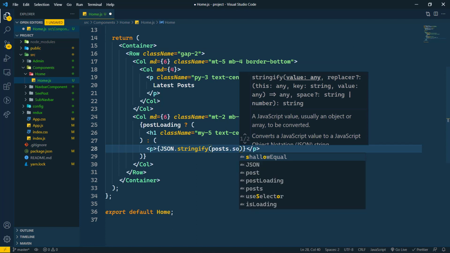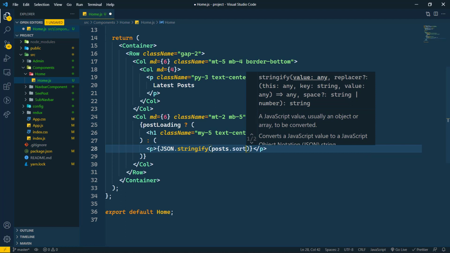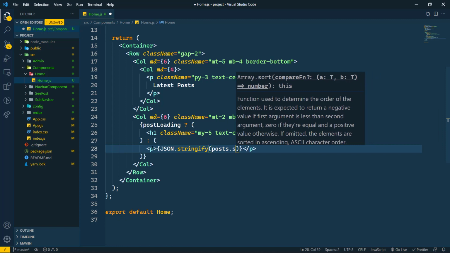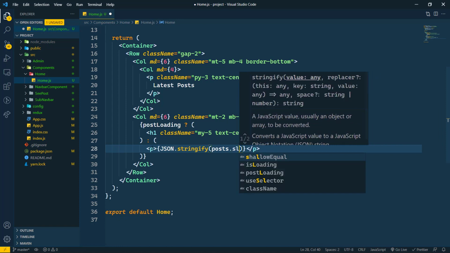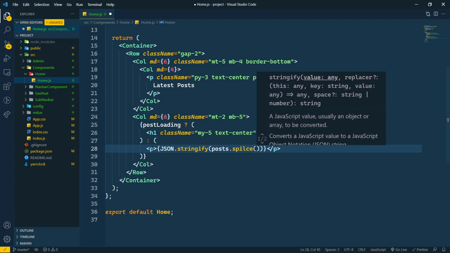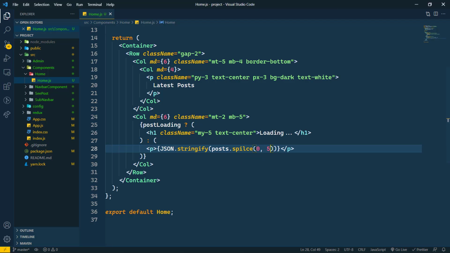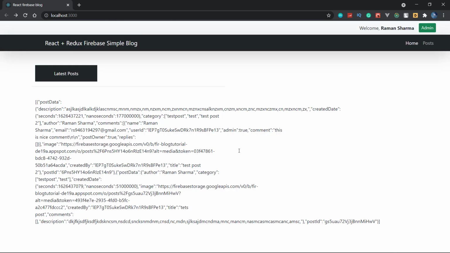Let's splice this post from 0 to 5, so like this we will get top 5 posts first. So I think it is splice.